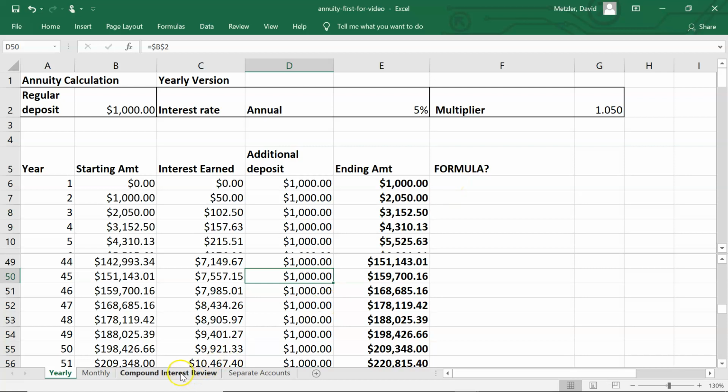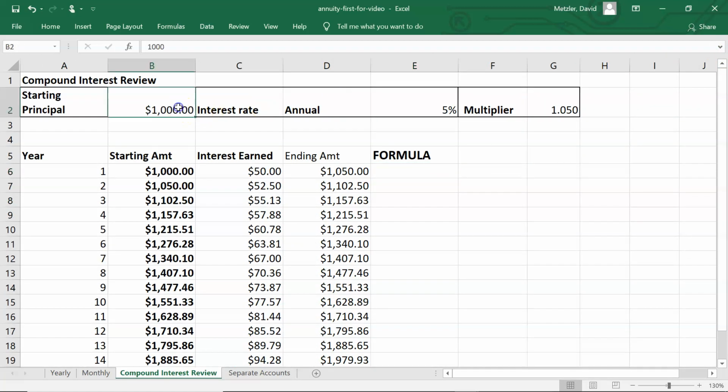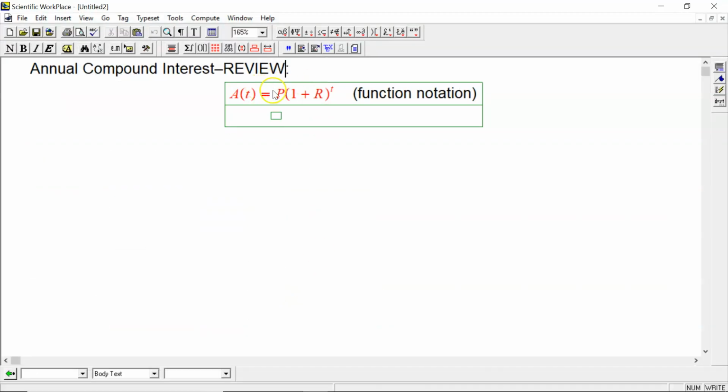So real quick, let's make sure we know how to write in sequence notation and Excel notation just straight up compound interest. What about if you just put in $1,000 at the start, same interest rate, for example, same multiplier? We know that formula. We know how to do this, and let me go over to another program to make sure we know how to do it in two different mathematical notations. So here's how we've seen it before. We were emphasizing the idea of exponential functions, and we had a time variable here that theoretically could be any real number. It's actually kind of unrealistic in the money situation because the money comes in discrete lumps and actually